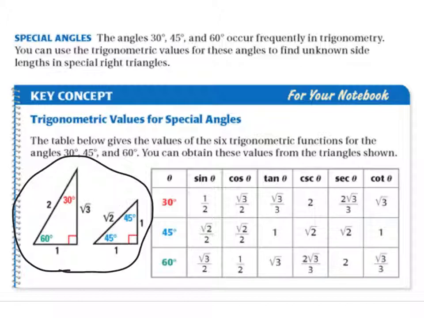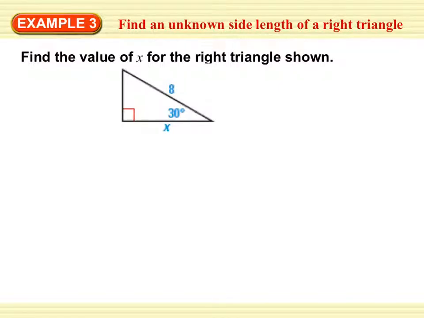Let's see if we can use these, though. Okay, you're going to need those special triangles handy. Find the value of x for the triangle shown. So, if you remember, inside a triangle, all the angles add up to 180. So if I subtract 90 and I subtract 30, I have 60 degrees left. So we know this is a special triangle. And I've said that across from the